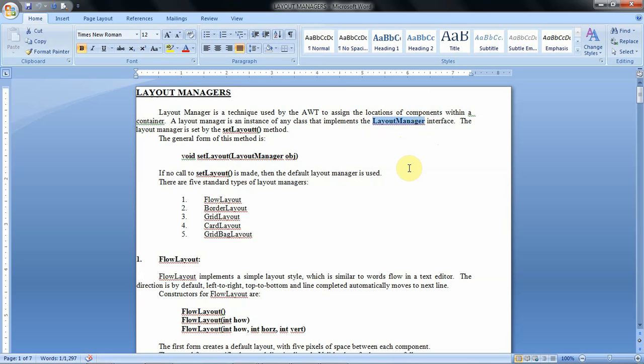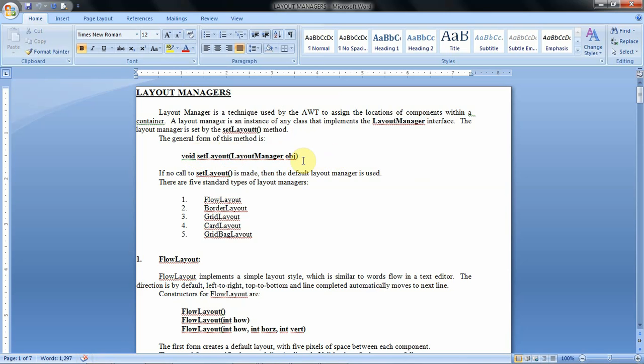For setting the layout manager for any window, we have the method setLayout. By default each container or each window has one default layout manager that arranges the components in its own style.